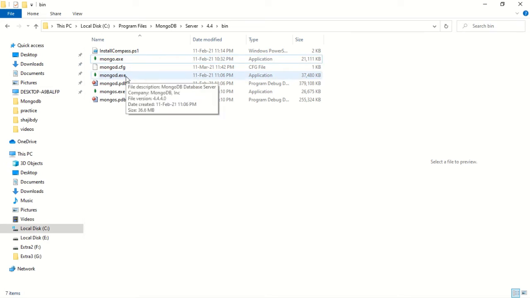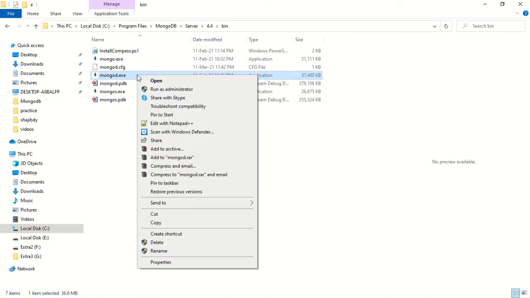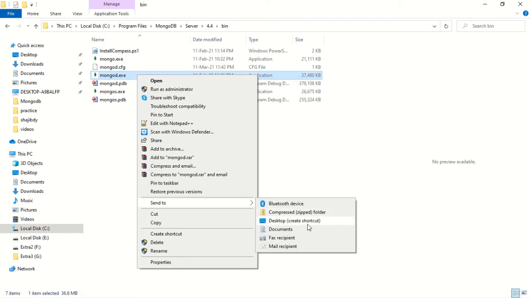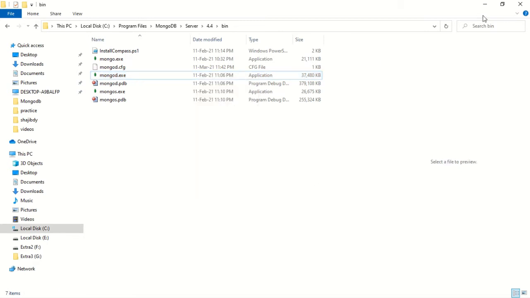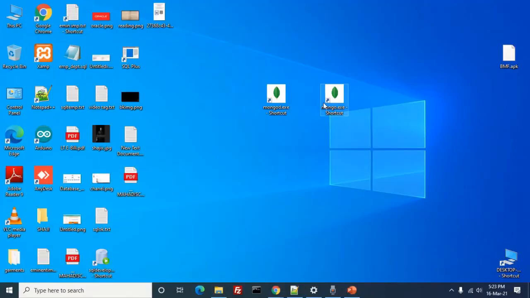For starting the server, you have to say mongod.exe. What I did is that I just right clicked and sent it to the desktop, creating a shortcut, okay. So now I'll minimize this and I'll show you these are the two shortcuts.